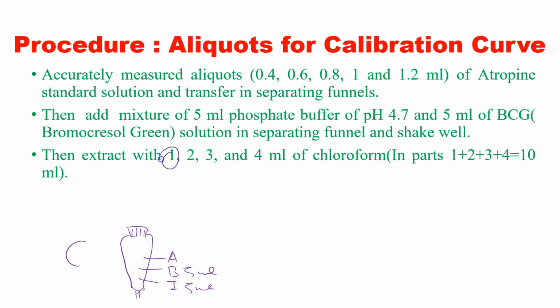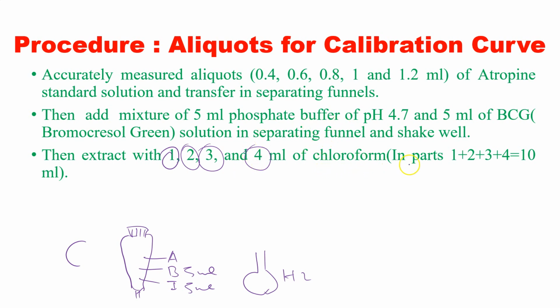Add firstly 1 ml of chloroform, then remove that chloroform in a volumetric flask, right? In a volumetric flask, remove that 1 ml of chloroform. After that, again add 2 ml of chloroform in the same mixture. So 1 plus 2, again add in a volumetric flask. After that 3. So again extract with 3 ml, and after that extract with 4 ml. So 4 times you have to extract the